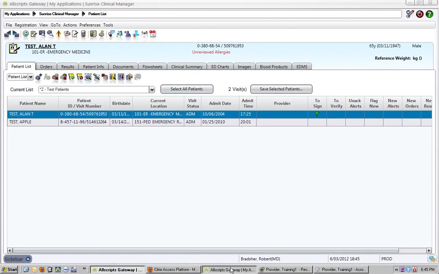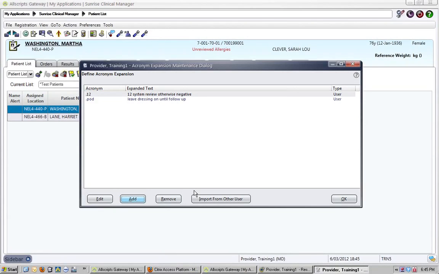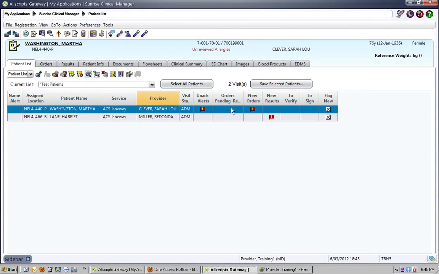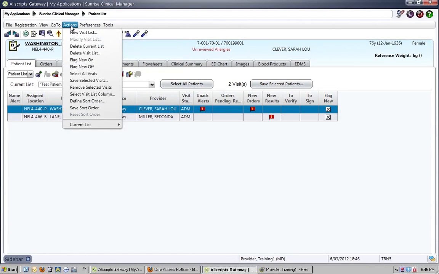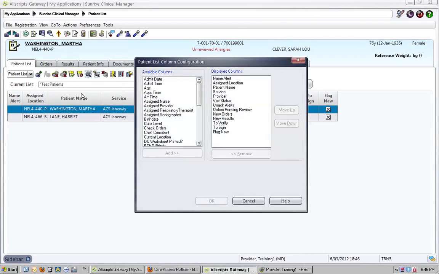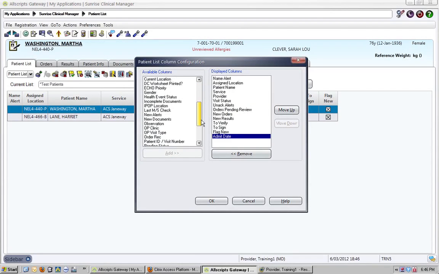Go back over to the trainer one. So the last thing on this miscellaneous walkthrough we'll talk about is customizing the actual list. So this list, test patients that I've made, I can customize by going to Actions, Select Visit List column. When you click on this, you can move in a bunch of stuff. Like, I like to know when they were admitted. I like to know